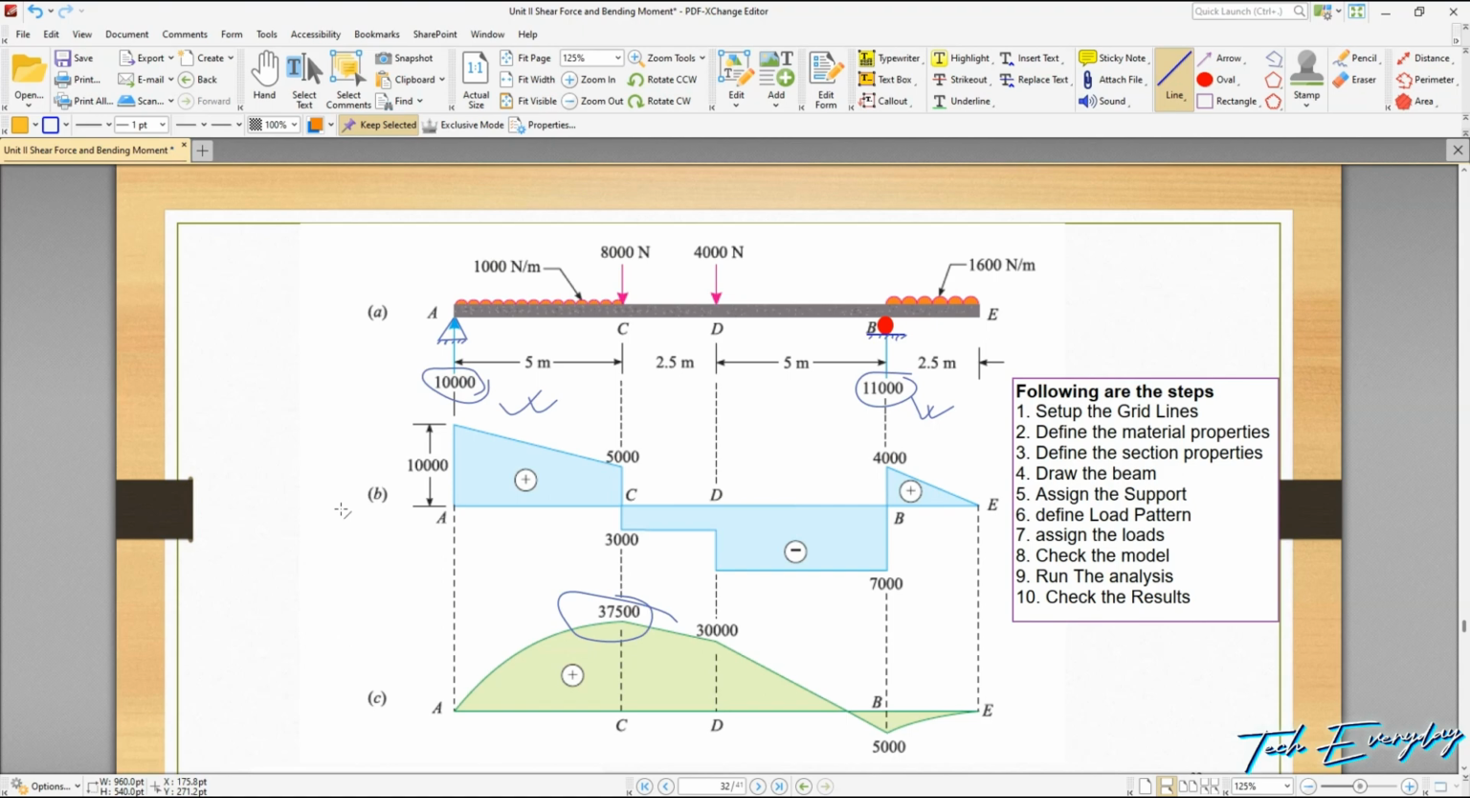As you can see, there is a problem already solved, the bending moment diagram and the values, and also the shear force diagram. We will also check the reactions in ETABS. We will analyze this beam in ETABS and compare the results with our calculated values as per our formulas from structural mechanics. Okay,